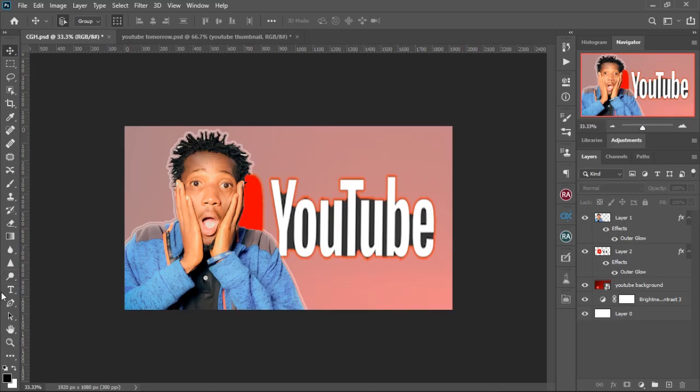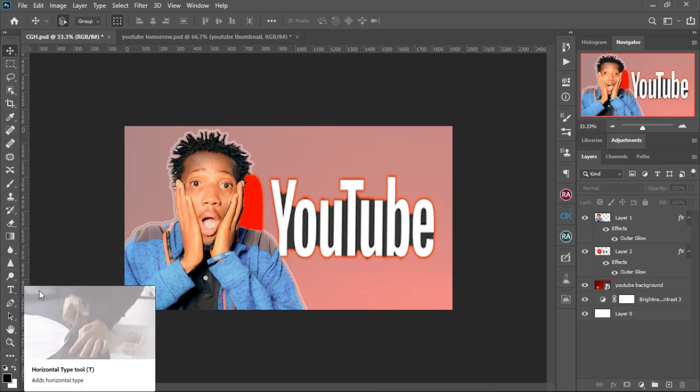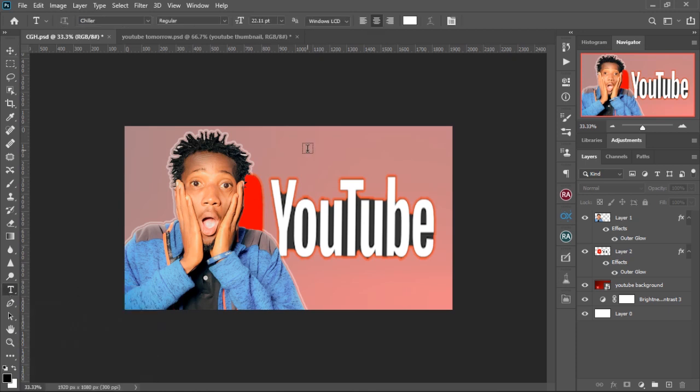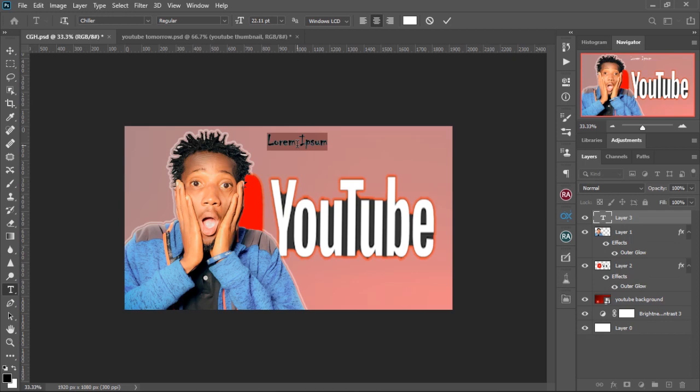Okay, now I have to add some text. It's very necessary we add some text. Then I can just come over to the T section, or I can hit T on my keyboard, or you come over to this text section. As you can see, horizontal type tool, you hit on horizontal type tool. Then as you can see, you click on your screen right now. Now we can type. I can say design